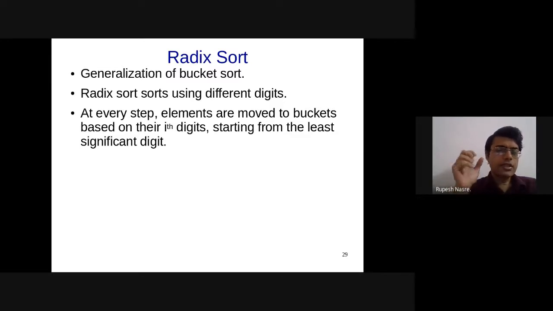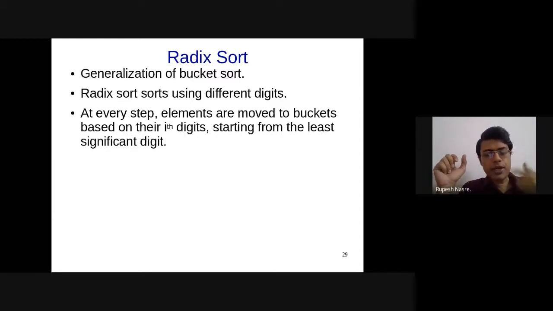Okay, so in this case we are going to have 10 buckets, and each bucket is going to be indexed using the digit 0 to 9, and depending upon the digit we are looking at, the elements keep moving across buckets, and the hope is that in the end we get appropriate elements in appropriate buckets. You sweep through these buckets and you get the sorted order, and individually within the bucket also we need to maintain a sorted order, right? So that is the hope.